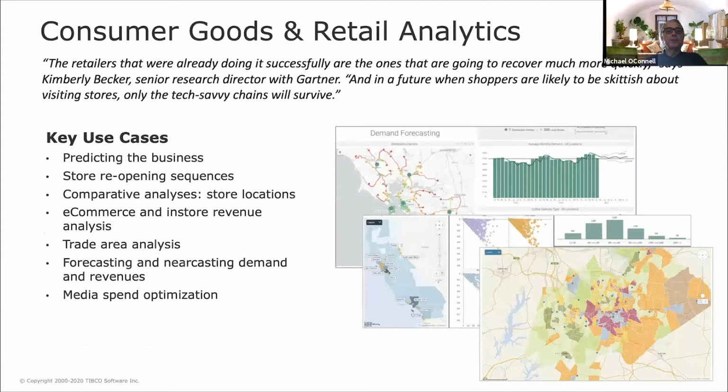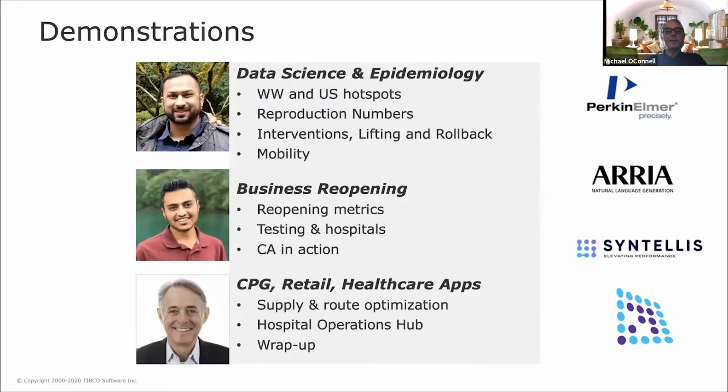On the consumer goods and retail side, predicting the business with the lack of in-store sales, store reopening, comparative analyses, e-commerce and in-store revenue, trade area, forecasting and nearcasting demand and revenues, and how to re-optimize media spend optimization. So with that, I'm going to hand off to Neil to give the first demonstration around hotspots, reproduction numbers,